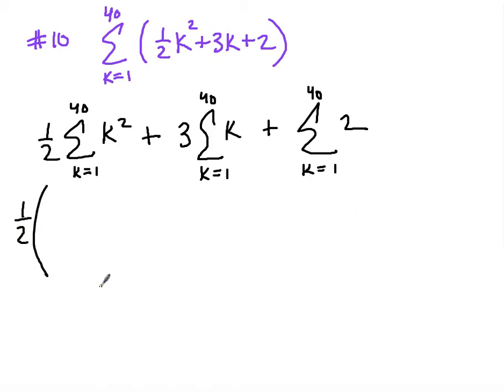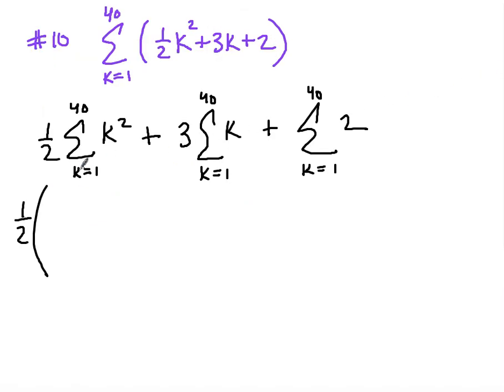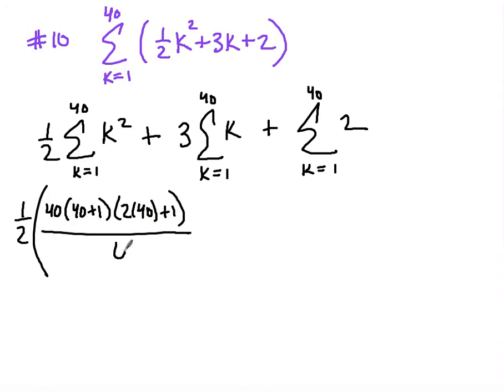All right, so that 1/2 is out in front. I'm going to use my formula for k squared right here. N times n plus 1 times 2n plus 1 over 6. So my n is 40, that's the number of terms. So 40 times 40 plus 1 times 2 times 40 plus 1, all over 6. And then I'll have a 3 times, and again, this is arithmetic, so it'll be 40 over